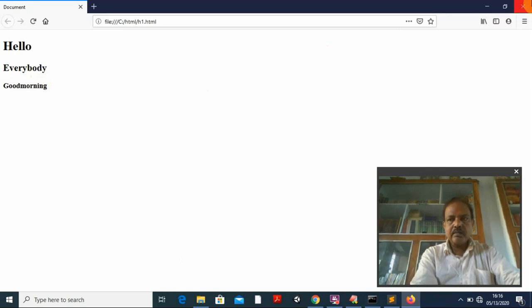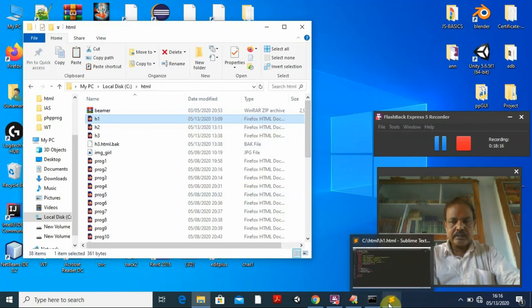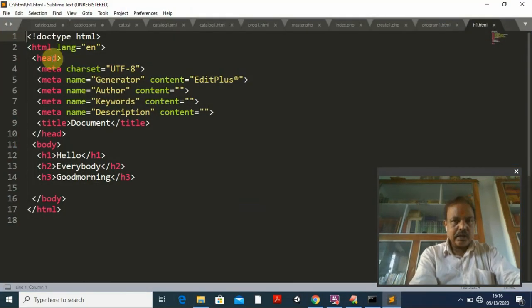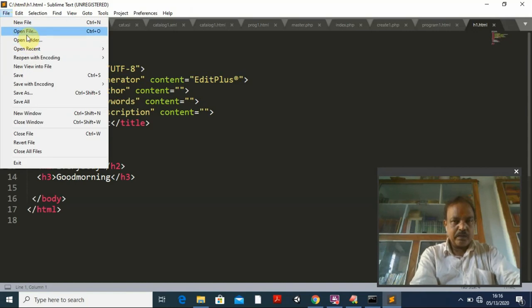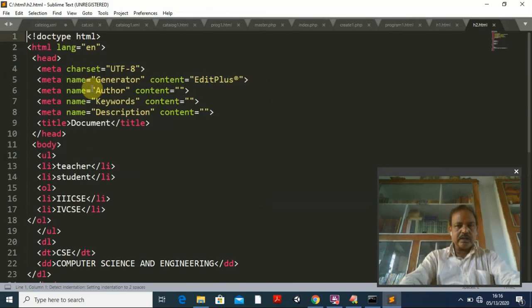Okay, now like that, suppose I want to go for the next one, that is h2. Now file, open file, now you go for this h2. So in this h2, what I have written, you see here the same thing. Up to this it is the same, the file name, the title is document, and here I am going to create